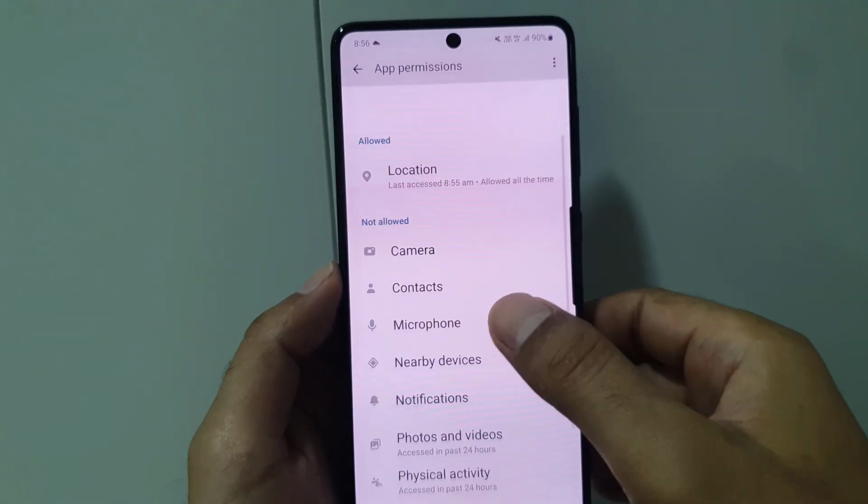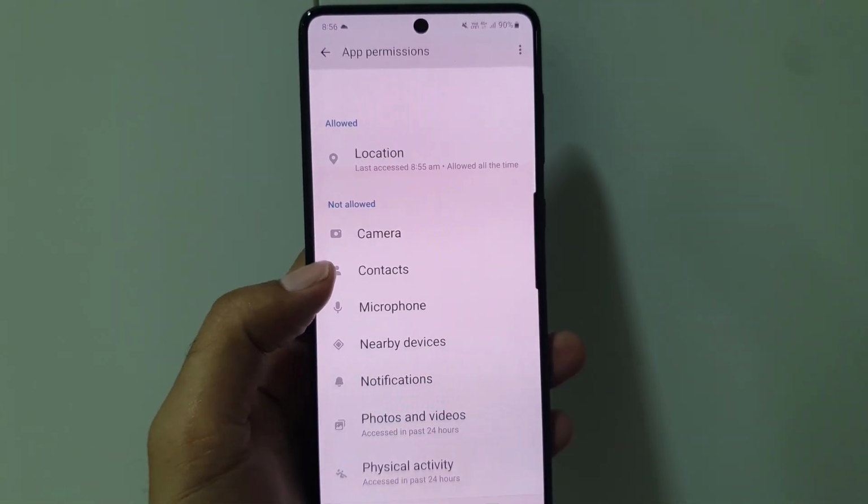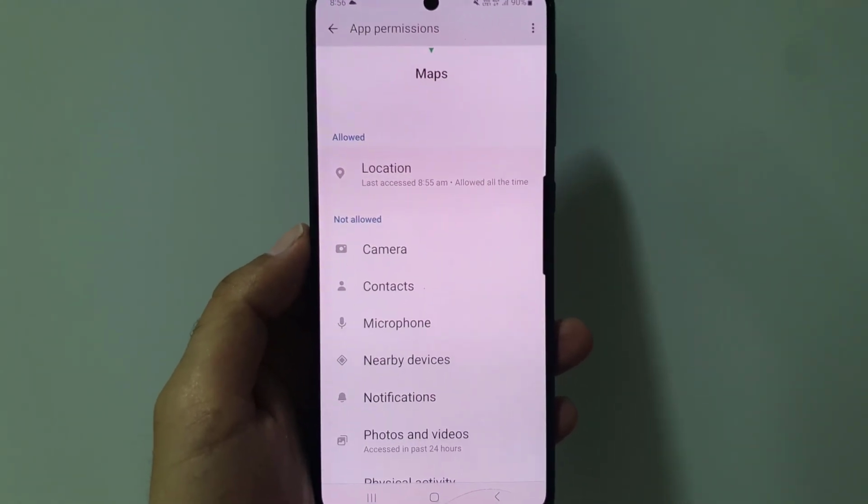So here you need to give permission. If they're required, you need to allow the permission. If you want to allow all of them, you can do that as well. And that will fix the Google Map